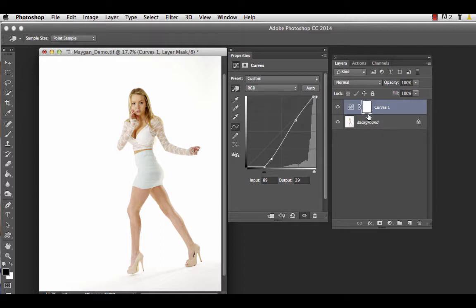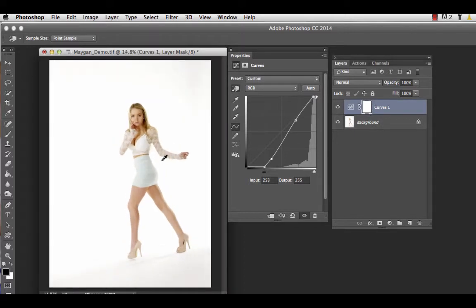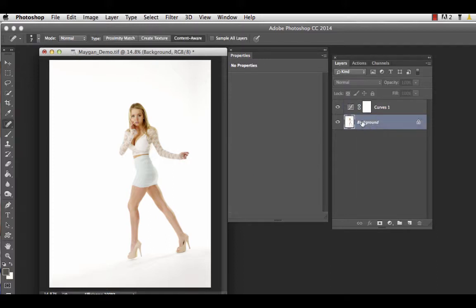So now we have a totally washed out background. And as we did last time, what we'll do is separate the figure from the background. And as in last time, I will provide you with an already completed mask. So we'll do a Command J